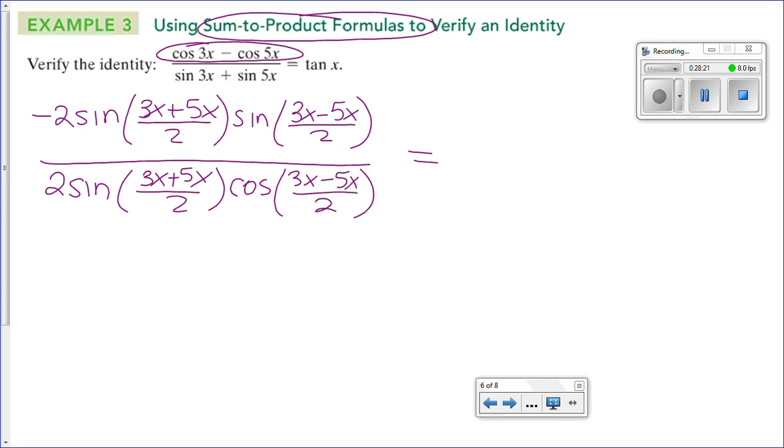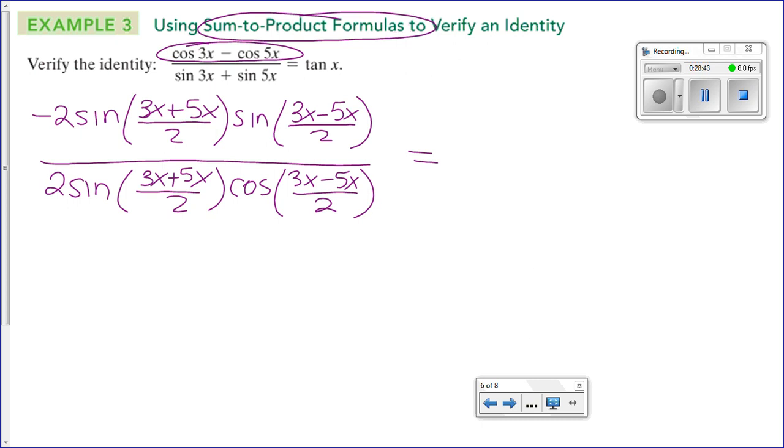Now here, sometimes students tend to think that because 5x is greater than 3x, you have to write it down first. That's not the case, okay? You will still leave it like that. We're going to end up with some negative angles, but that's not a big deal because we know odd and even functions, I hope. So what I'm going to do here is just going to simplify it a little bit,